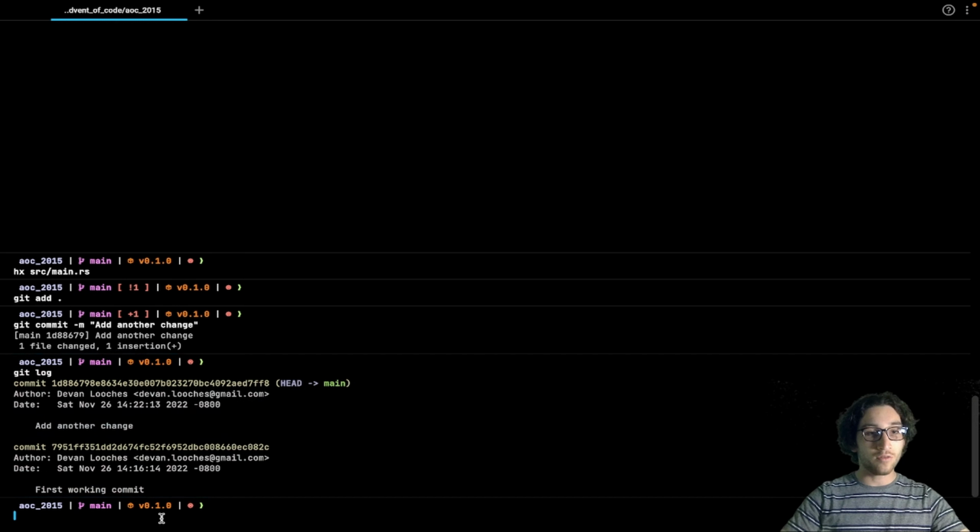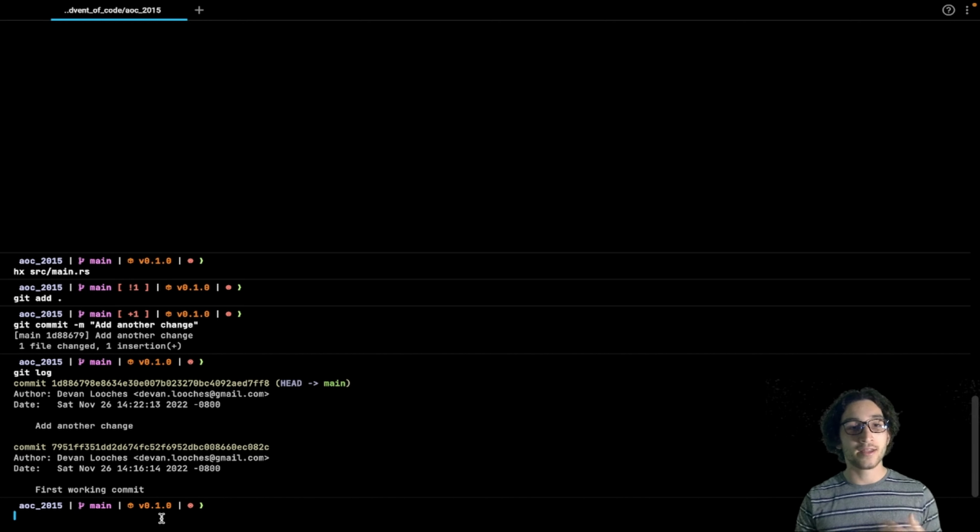So now what if we want to add a new feature to our code without disrupting the changes that we have made so far? This is where branches come in. Branches are a way to work on parts of the code outside of the original code so that we don't disrupt or accidentally make any changes to the original code.